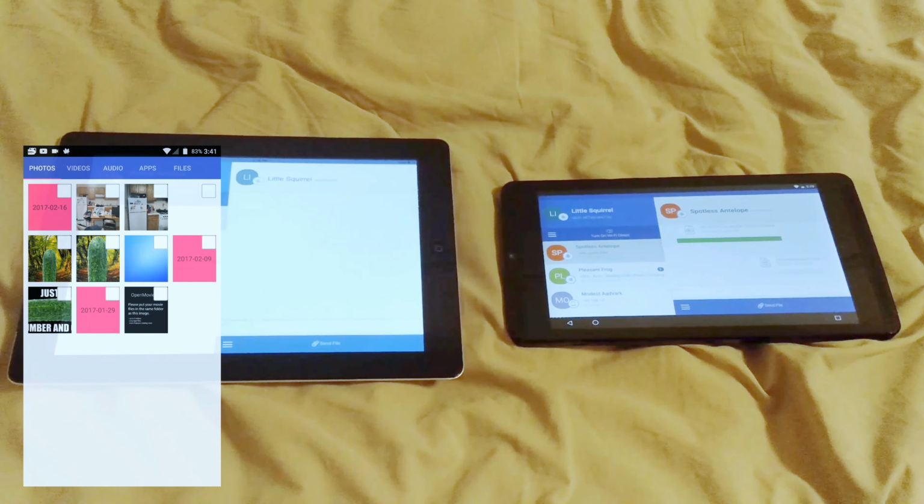So we select Little Squirrel. We want to send a video file. So I recorded a video file, just a little video file. You can access the camera roll easily here on iOS, you can access your photos. On here, I think it's really just a